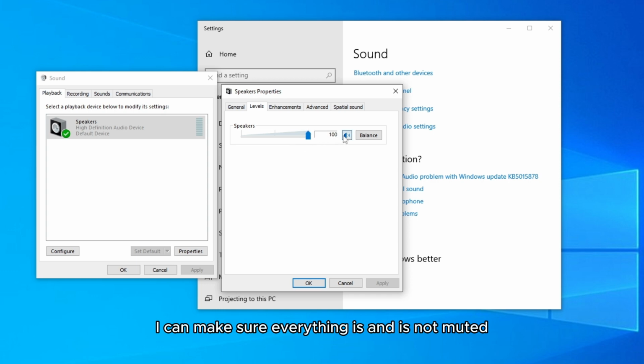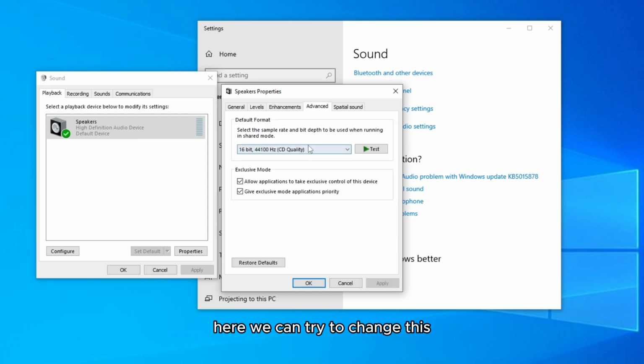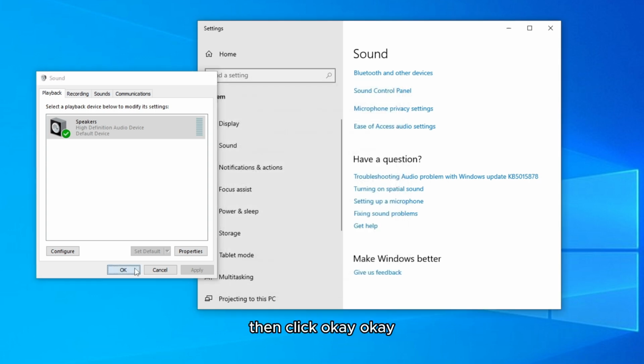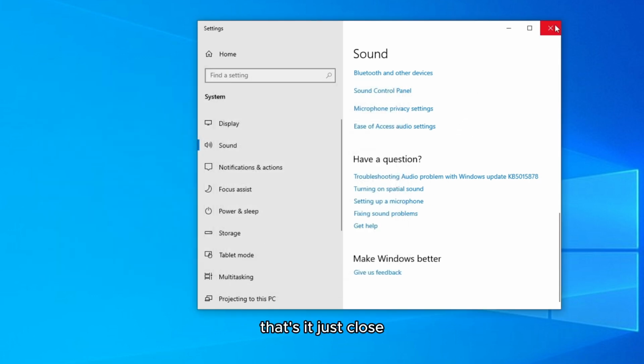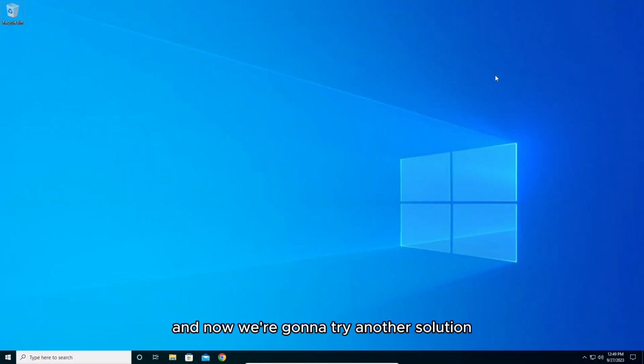Again, make sure everything is unmuted, because I know some people have that problem and they didn't know it's muted. Go here, go to this, disable all enhancements, click apply. Here we can try to change these settings. Then click OK, OK. That's it, just close that window, and now we're gonna try another solution,